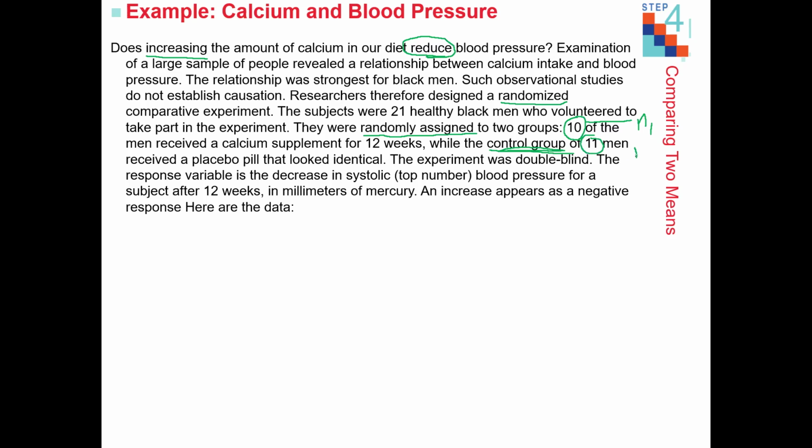men, so this is going to be our N2, received a placebo, okay, so they are the control group, that looked identical. The experiment was double-blind, which means neither the people administering the treatment nor the people taking the treatment know what they're getting. And the response variable is the decrease in systolic blood pressure for a subject after 12 weeks in